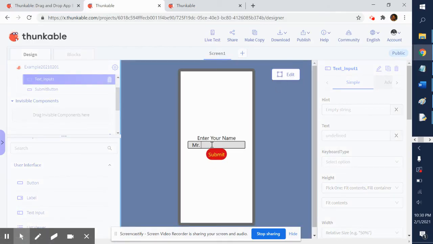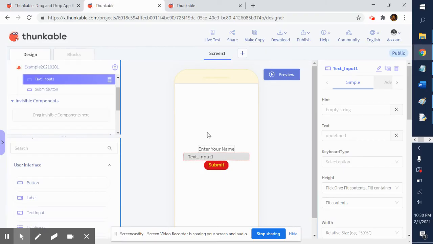And I could do that and say submit. Now, if I want to go back to editing, I can click up here in the top right corner so I can edit my app. The preferred way is to click on live test, or the best way is to download the Thunkable app on your phone or iPad or any sort of device that you have. By downloading the Thunkable app on your phone, you can test your app,